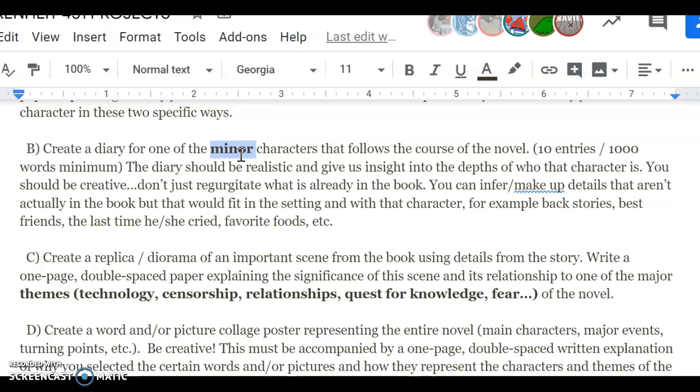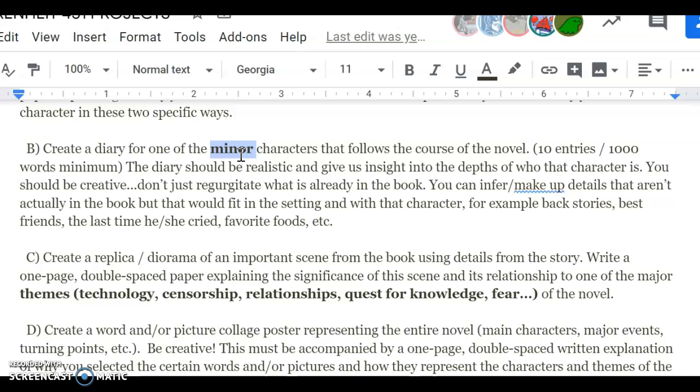It should be realistic and give you insight into the character, but you're not going to just tell me what I already know. Don't just say, today I shot the mechanical hound with fire, right? Give me some information that you think you could infer about those characters. So you might have an entire entry about something that didn't really happen. Like if you're doing Clarice, you could have an entire entry about a walk that she went on and the things she observed on that walk that really isn't in the book, but we know that that's true to her